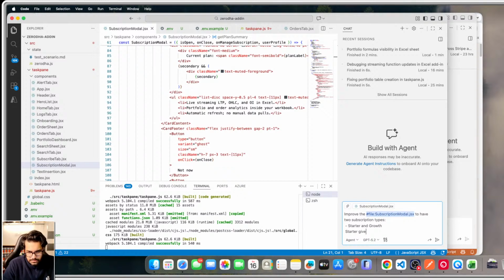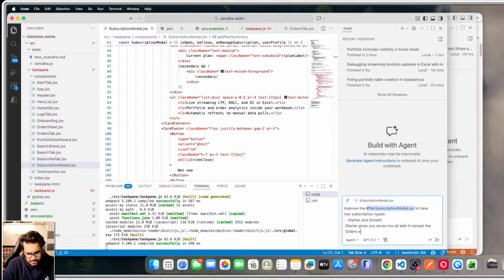Starter gives you access to all add-in features except the orders execution, wherein it provides